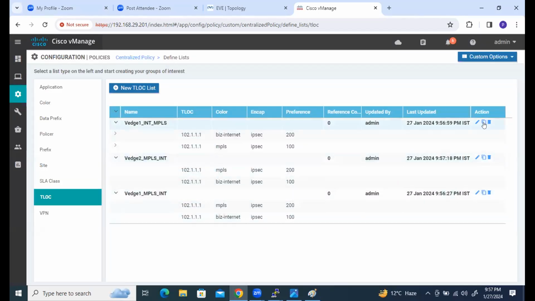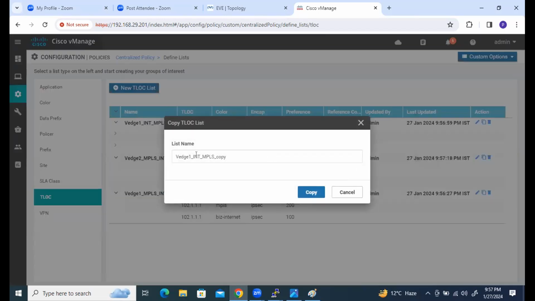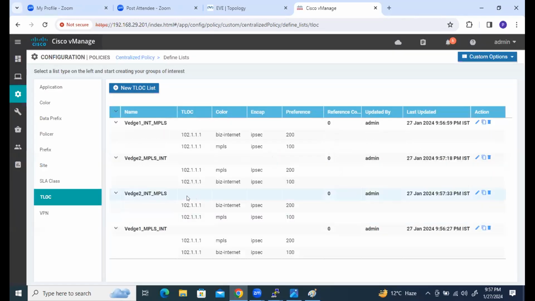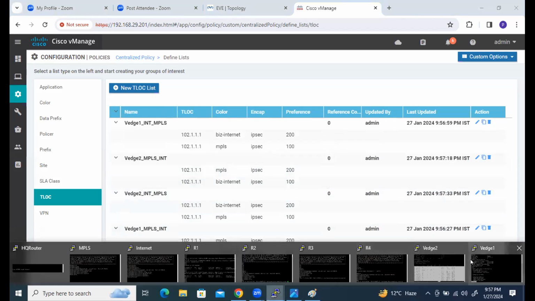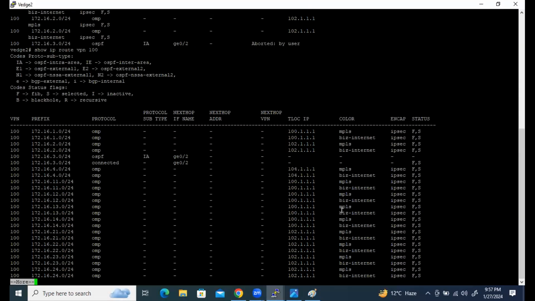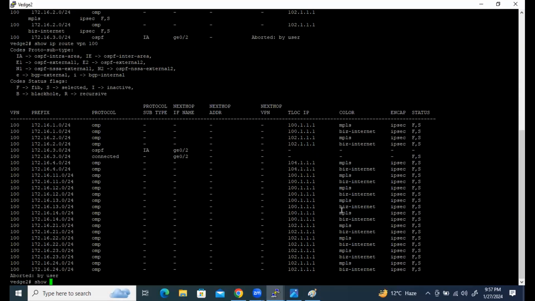And Internet VS1, Internet MPLS, copy this one also. It's also VS2. If you want to create it for VS3, you can do that. But first I need to what? I need to edit this one because of the system IP of the VS2 that is different, right? Yes. So running config